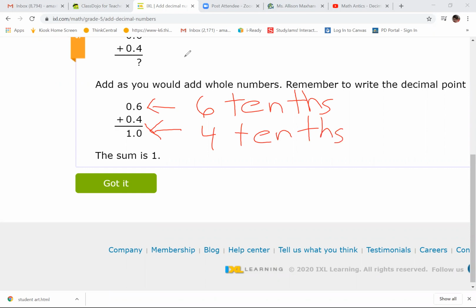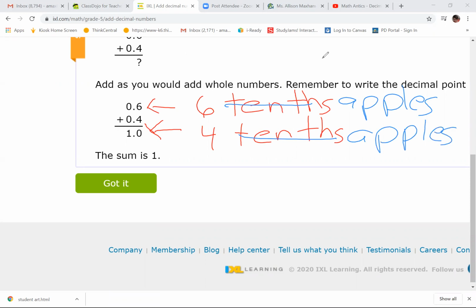Now let's pretend, like I like to do in the classroom, that we're not talking about tenths. Let's say we're talking about apples. So what is 6 apples plus 4 apples? It's not 10 bananas, is it? It's 10